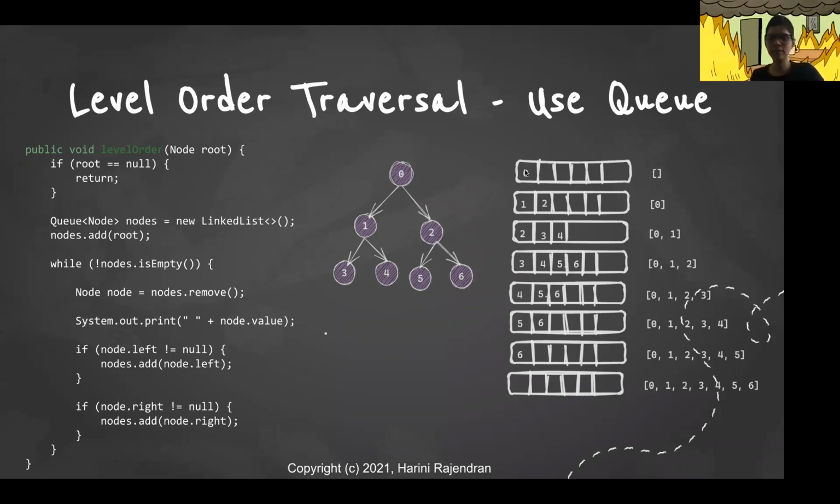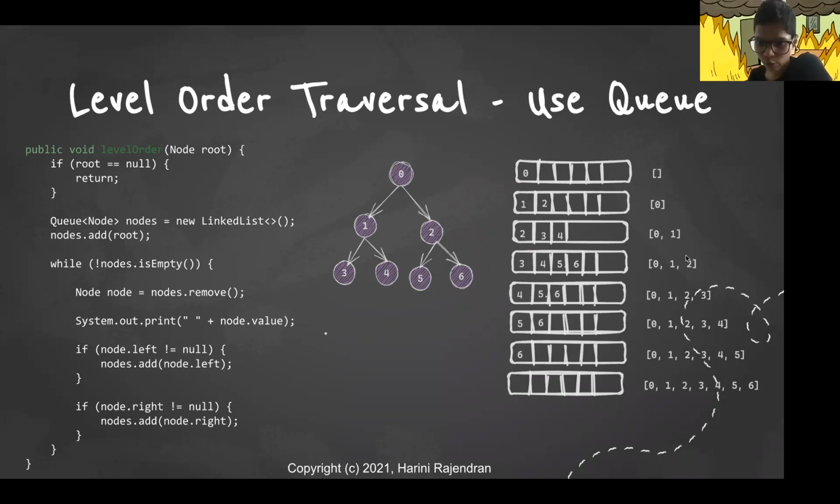So 0 is present here. Now starting from this point, we remove one element and add all of its children to the queue. So we are removing 0, adding it to the result set, and adding the children of 0 back to the queue. The children of 0 are nothing but 1 and 2, so we add them back to the queue. Now we remove one element from the queue. So we remove 1, add it to the result set, and add all the children of 1 back to the queue, which are nothing but 3 and 4. So I removed 1 and added it to the result set and added 3 and 4 to the queue.